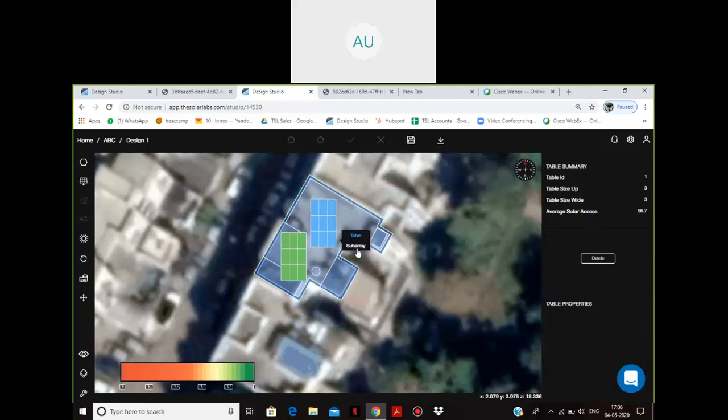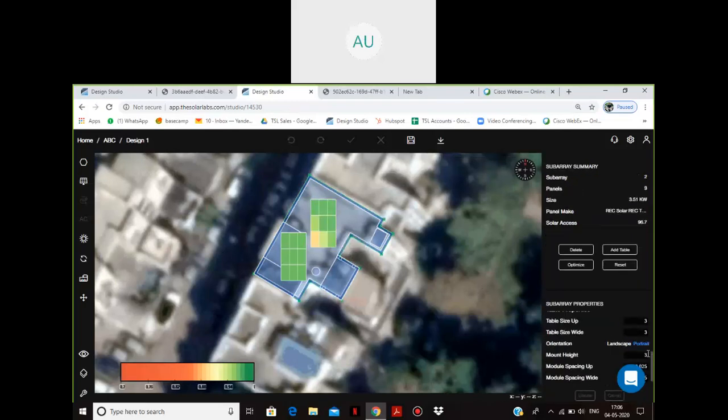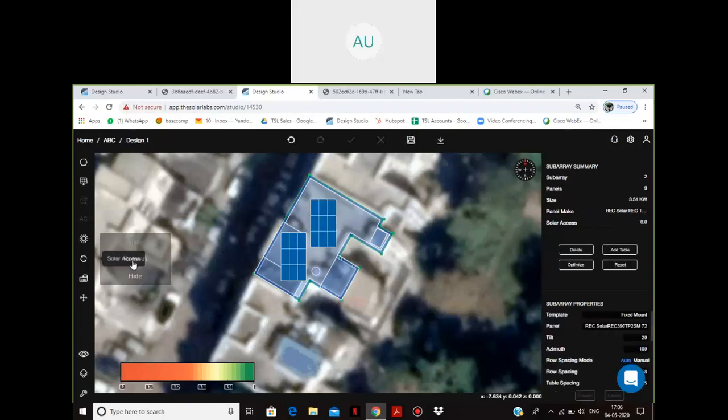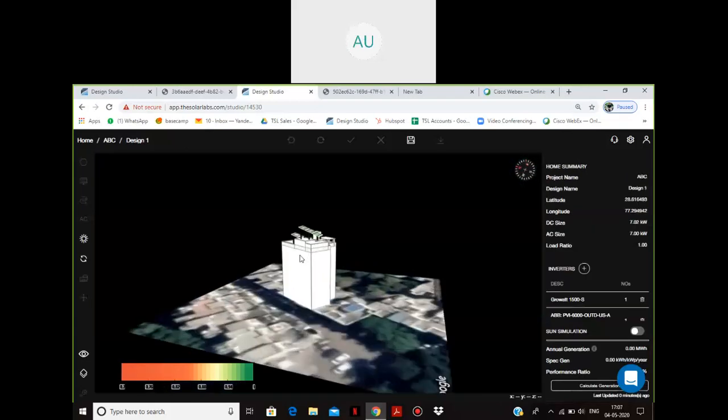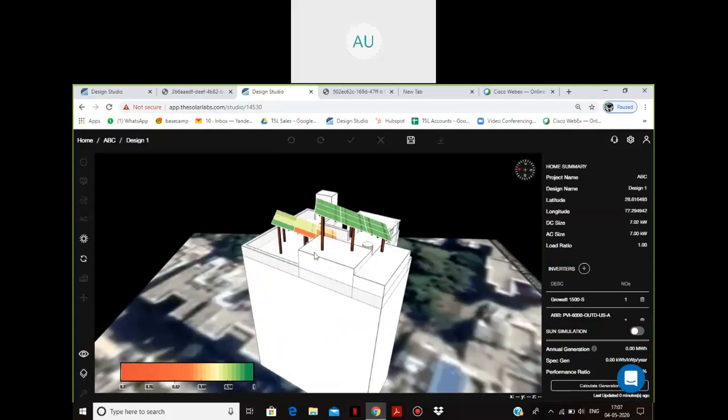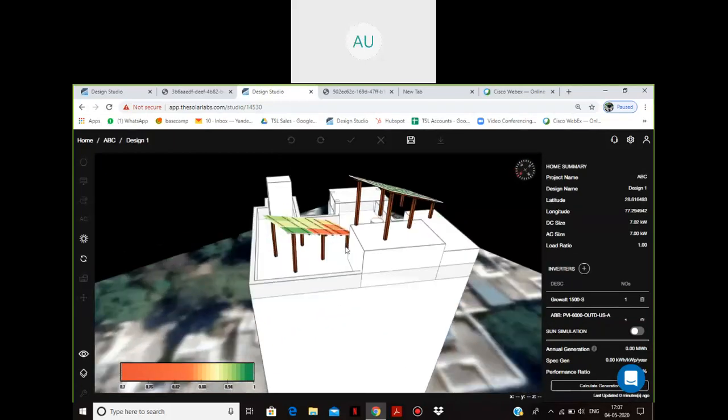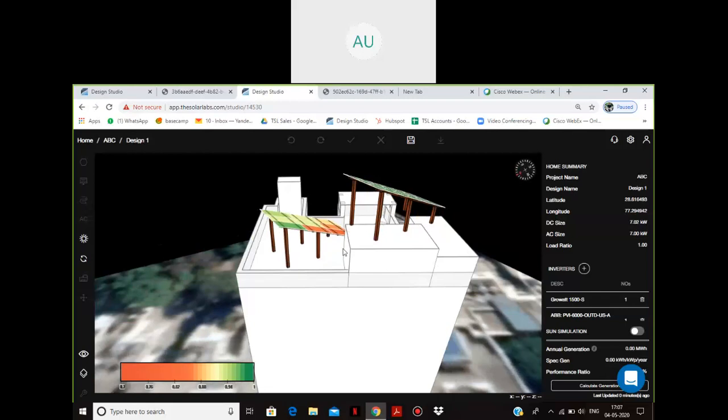And when I go on and change the mount height to say 1 meter now and update this, and again go and see the solar axis, now you can see some panels have turned red and yellowish because of the height difference. Now in 3D you can see. Here the height has decreased. ओके.